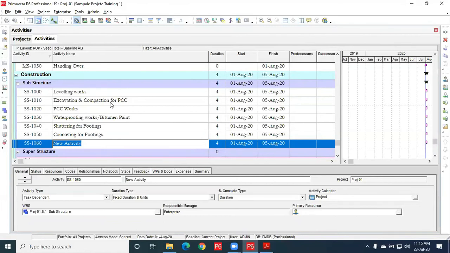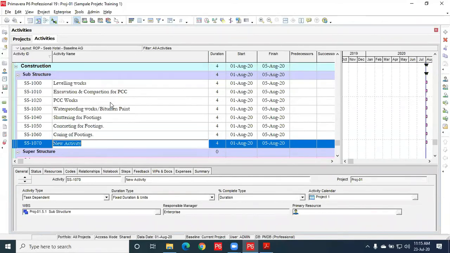Then let us add one more activity, curing. Okay, we'll add curing here, curing of footing, and insert.